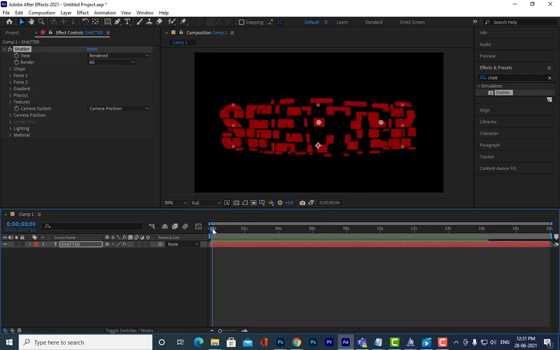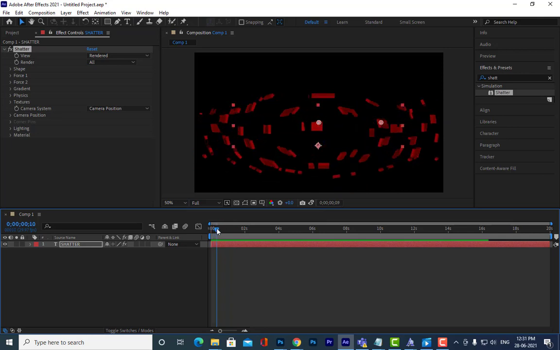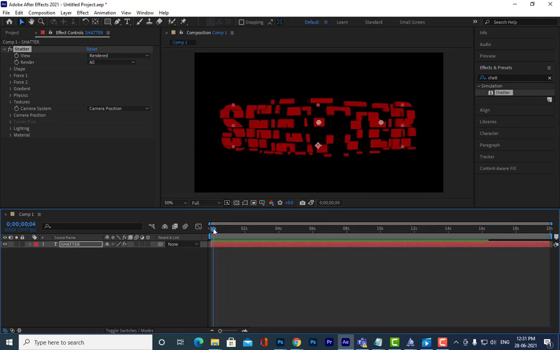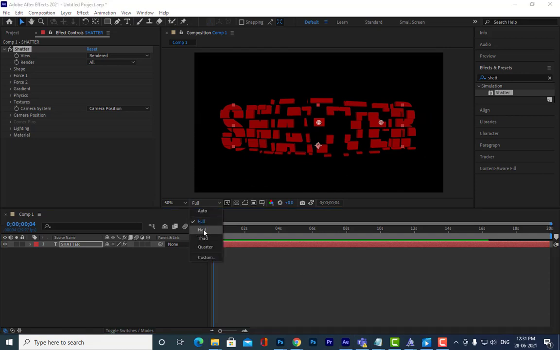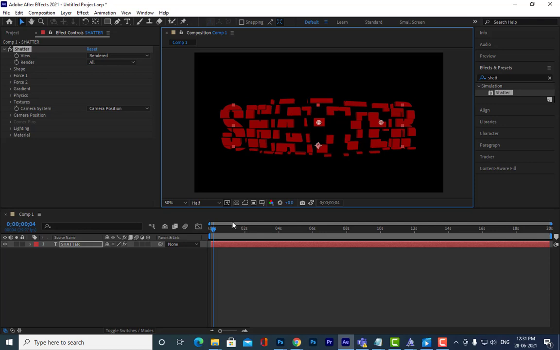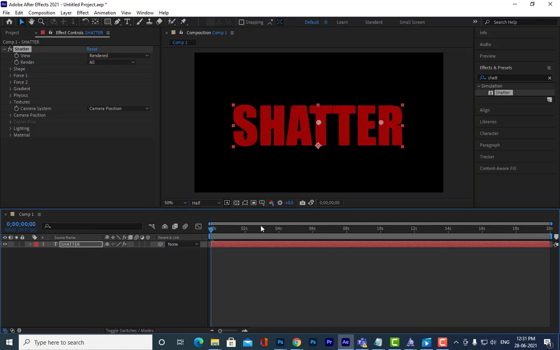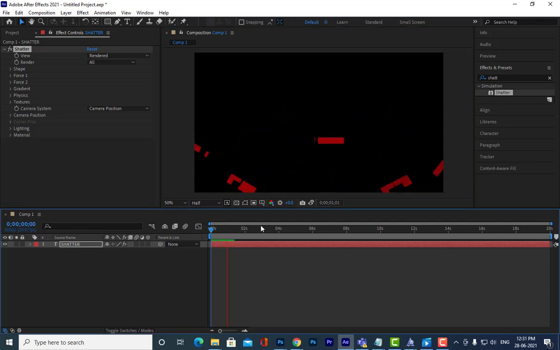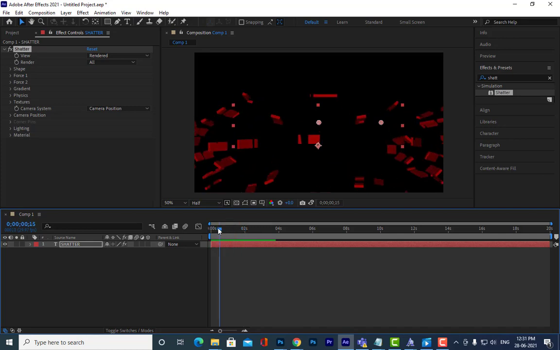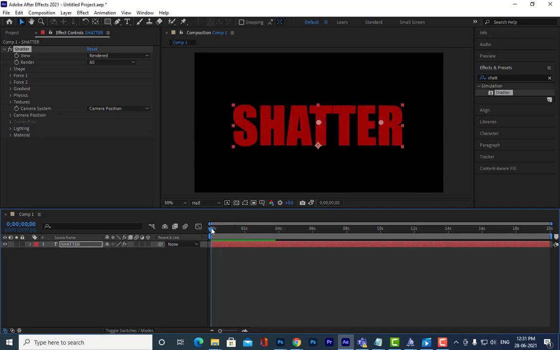But this is a very heavy animation, so it's better to work in half resolution, because I think the system might sometimes crash. Now let us see what the other options are.